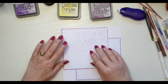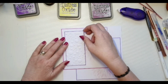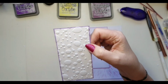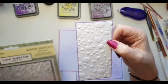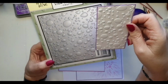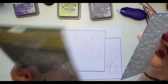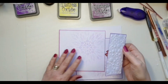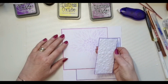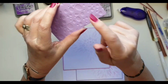Okay, then I'm also going to use another piece. You'll notice on here there's some embossing, and I've used Lisa's fabulous Water Droplets embossing folder, this one. I think this is just fabulous. There are still a couple on the website. They're $7.99, so if you haven't got that and you want that, I'd be quick, because there is literally only 2 at the moment. And what I did was I added my white card to my base card and then